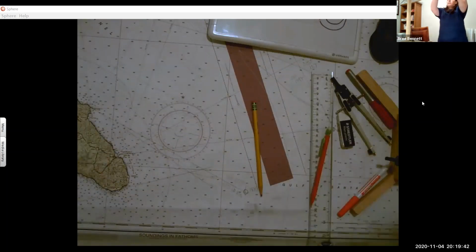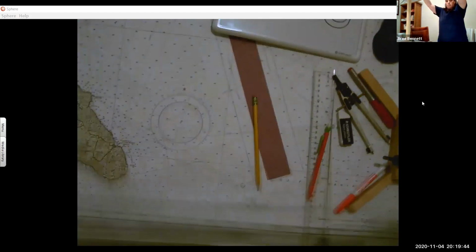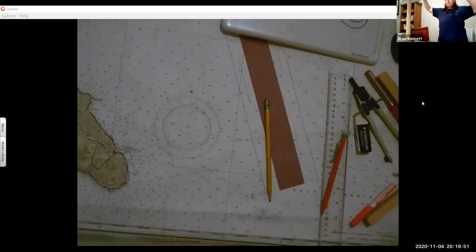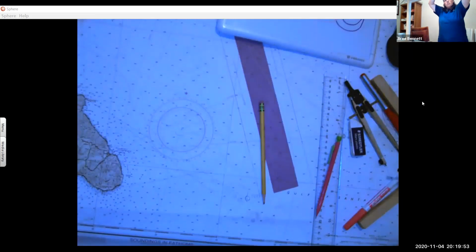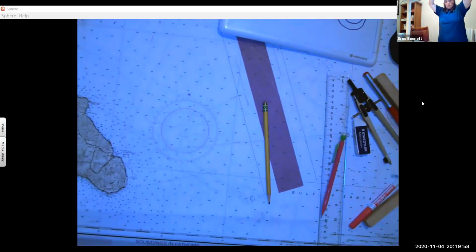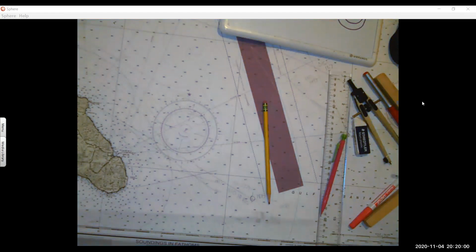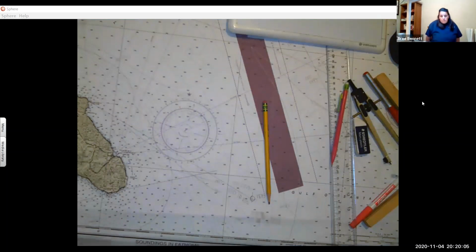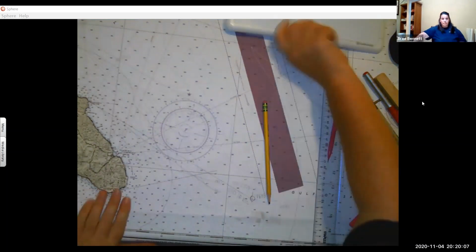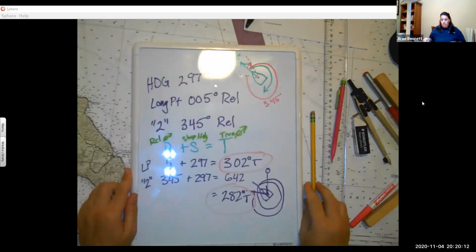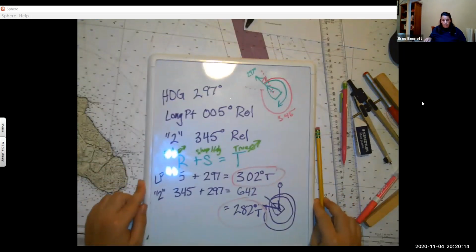So let's bring the light back on. Try to zoom in on this. Focus it. Okay. So let's talk it out again. I hate these lights. I converted